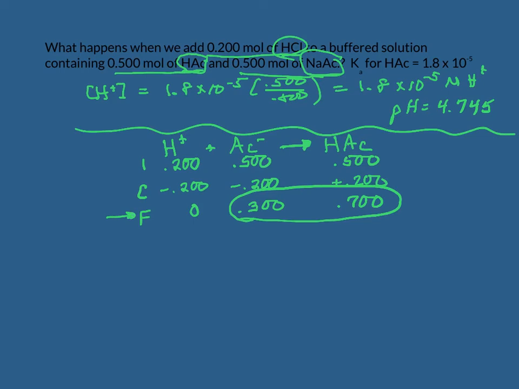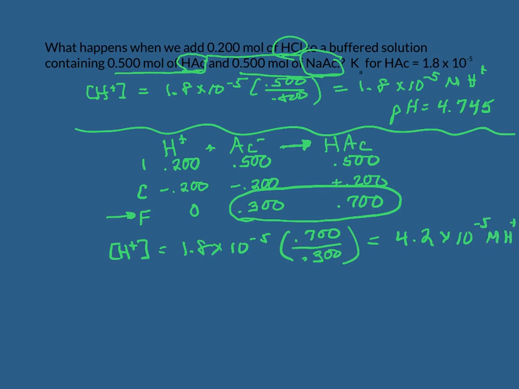When I look at this final line, I say, what do I have? I have a buffer. Well, we decided buffers are easy, right? H+ is Ka, 1.8 times 10 to the minus 5. Okay, make sure you do acid over base, so 0.7 over 0.3. And we get 4.2 times 10 to the minus 5 molar H+. We take minus the log of that, we get a pH of